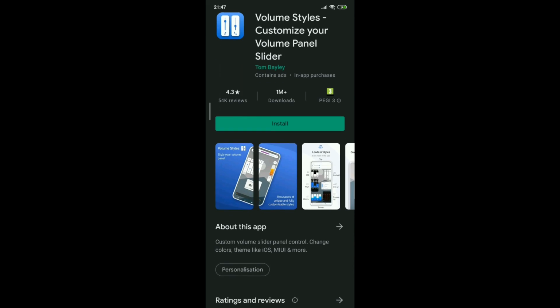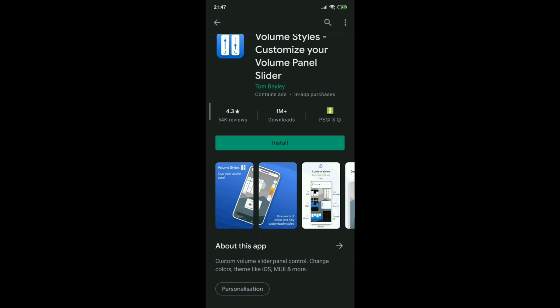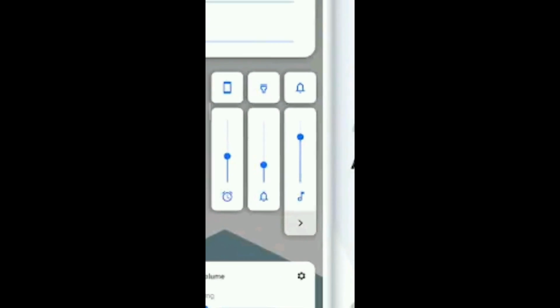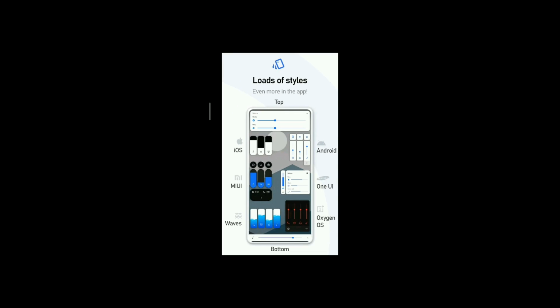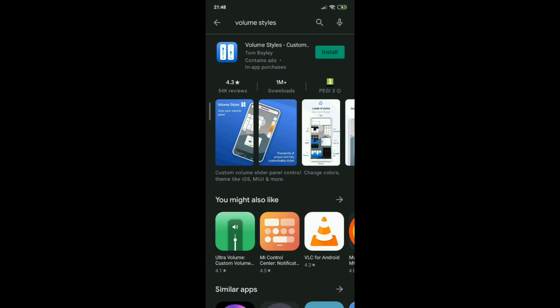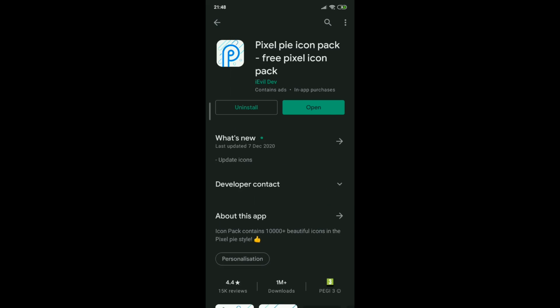It's this app, Volume Styles, customize your volume panel slider. Once you've installed it, you want to get this one called Android, and that's what the volume sliders look like on stock Android. Once you've got that, you want to go onto Pixel Pie icon pack, and once you've installed that, go onto the app and wait for it to load,